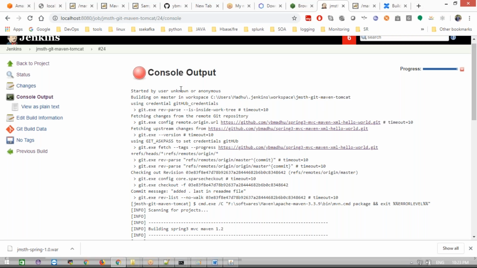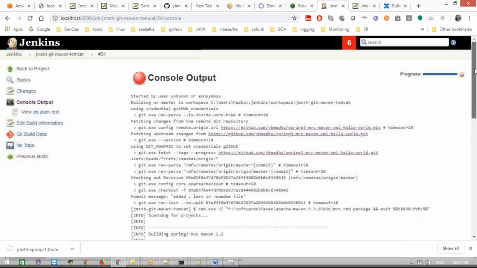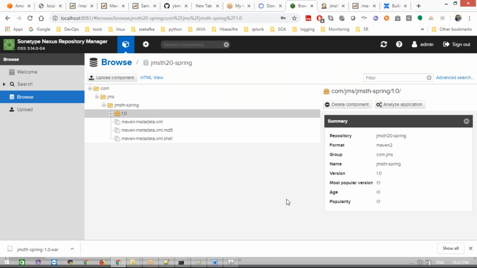Tomorrow we will also do Nexus, and after Nexus you can try all the stuff in one place. People are asking for an end-to-end integration project: I need to integrate all the tools, I want to implement end-to-end, I want to show the end-to-end application. A lot of people will teach, but they confuse which tool to go for, where to integrate, how to integrate. They teach separately, but we need integration, which is mandatory.